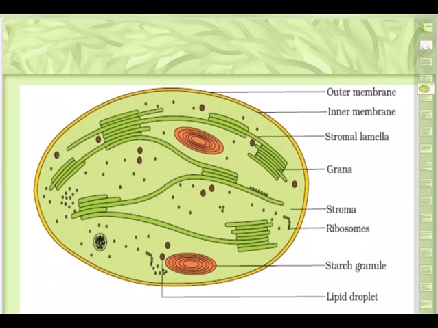grana. So when you arrange this grana, it is just like 1 rupee coins you collect and place one above the other. You get a stack of 1 rupee coins. So the granum will be like that, a stack of pocket thylakoids. And inside there is liquid with a lot of enzymes, that's called stroma, or in general we say matrix. And stroma is the liquid in which this grana will be present. And grana consists of many thylakoids. And inside the stroma, a lot of ribosomes will be there, starch granules will be there, lipid droplets will be there. So the actual site of photosynthesis is the thylakoid.